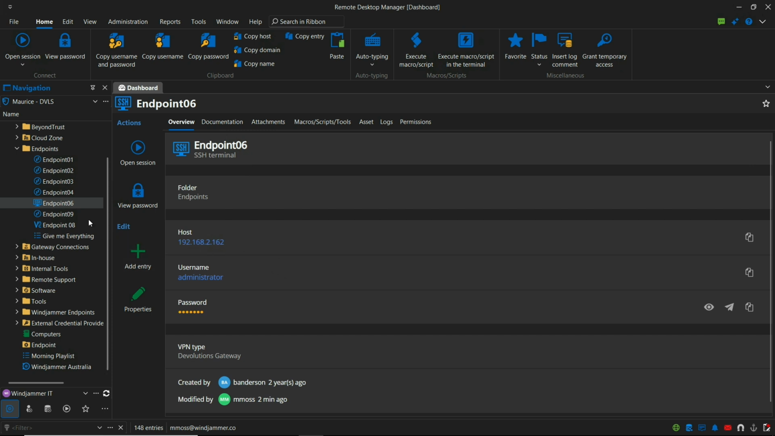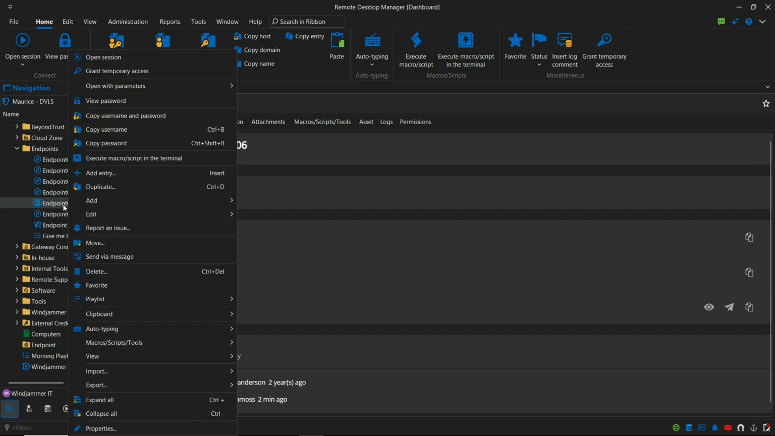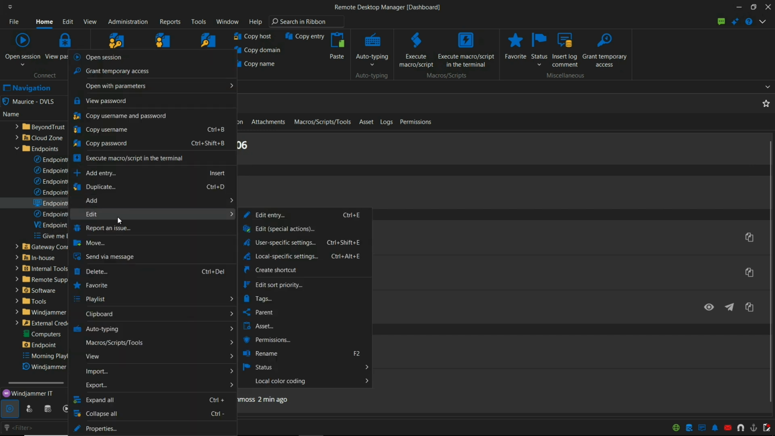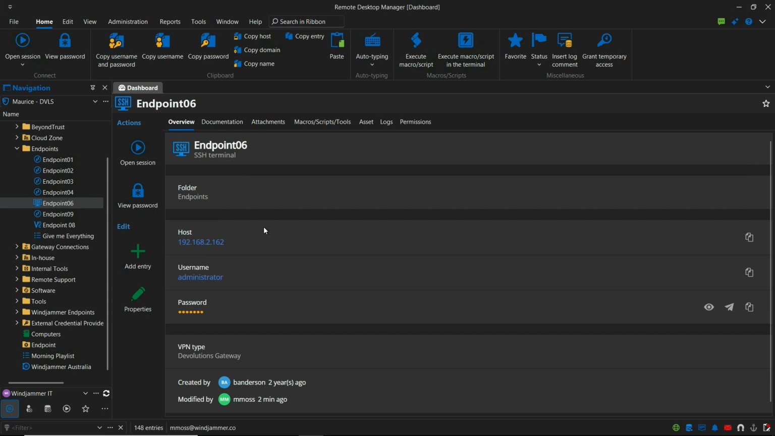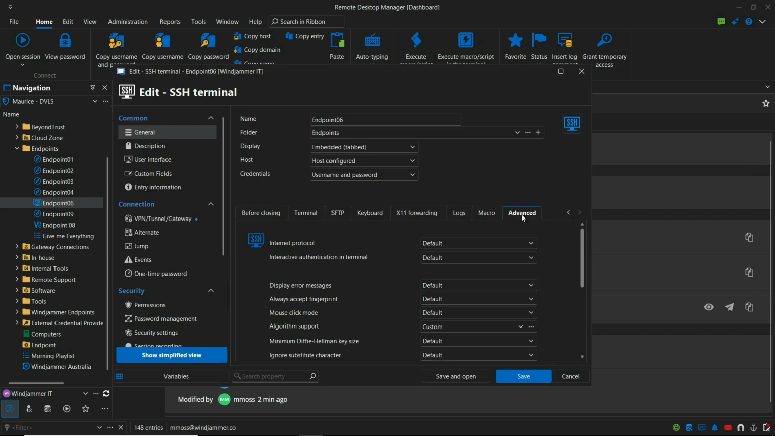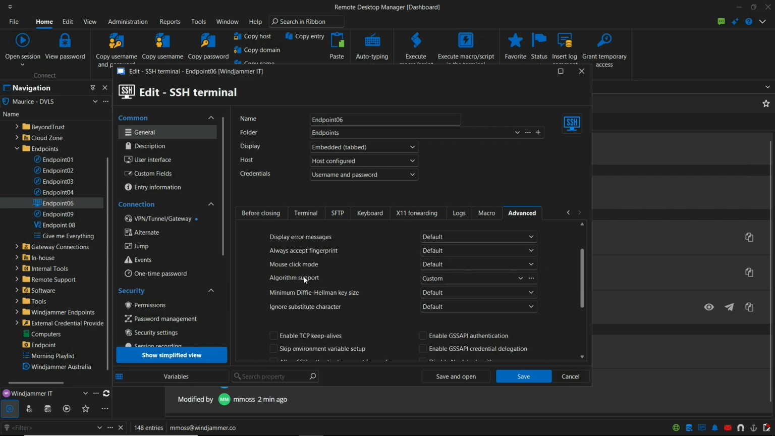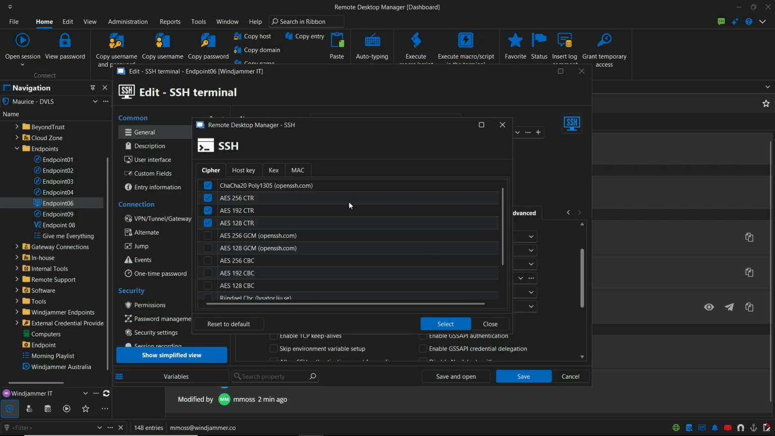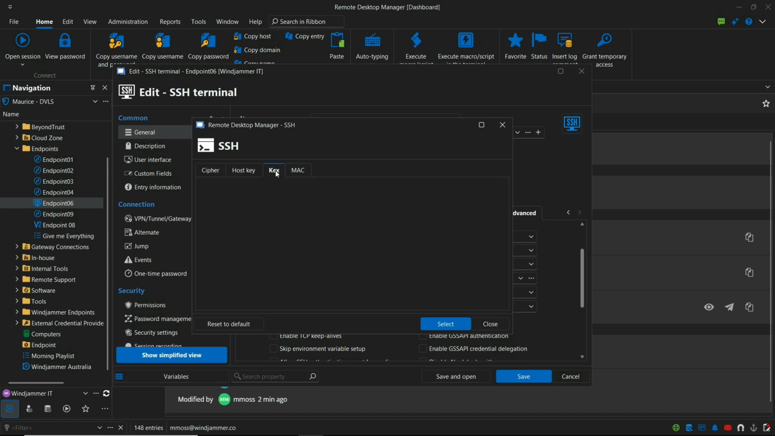In Remote Desktop Manager, you'll want to right-click on the SSH terminal entry and then edit the entry. Once you're in the properties, we're going to want to go all the way to advanced and then select algorithm support. Now I've already set it to custom. And once you do, you'll be able to select the ellipses right here. Selecting the ellipses will then open up another prompt that gives you the cipher algorithms, host key algorithms, KEX algorithms,